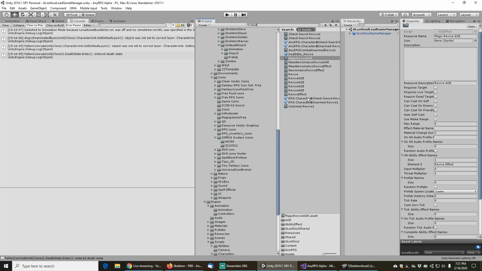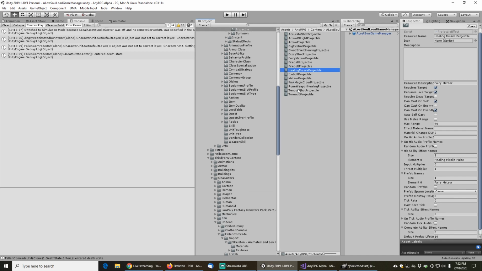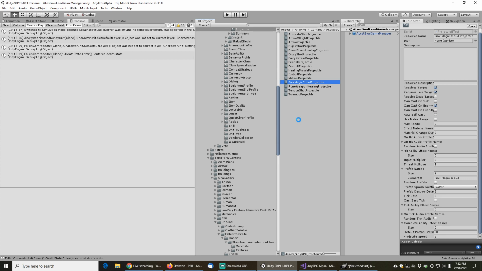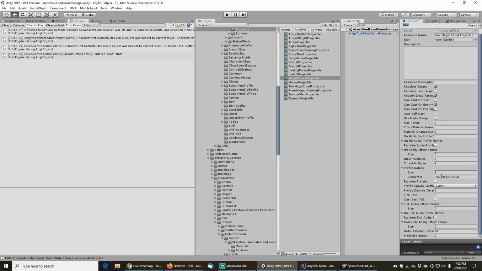So we already have, I believe, a cloud projectile, a pink magic cloud projectile. Let's copy that. Revive projectile. So the magic revive projectile requires a dead target and is only castable on enemies. It has a pink magic cloud prefab and moves at 2 meters per second. So this is exactly the same magic cloud that we used in